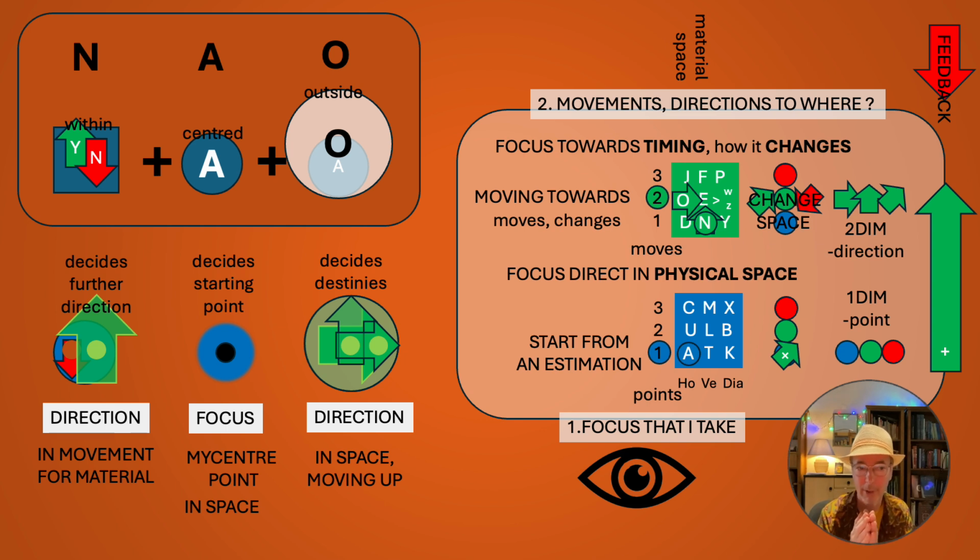N was about changes. So it was the directions already. We follow its directions. The material moves somewhere. It's already a destiny between yes and no. And we focus upon it with A, so that we want to keep on following it and do something with it for ourselves. So we try to follow the positive things, of course,